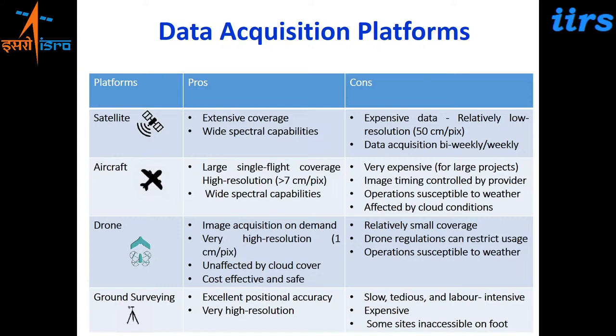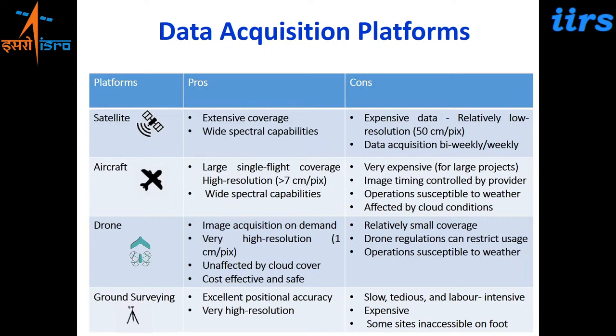Like, for example, if I talk about satellite remote sensing, satellites as a platform provide a synoptic coverage with a range of spectral capabilities. But one of the major drawbacks is the resolution. You have up to 30 centimeters, but then the cost is very, very high. When you buy 30 centimeter data, the cost becomes quite huge. And the temporal frequency of the data, which is bi-weekly or weekly, means one doesn't get the data when needed, which is required in disasters because you do not know when a disaster would occur. So you do not get the data when needed.